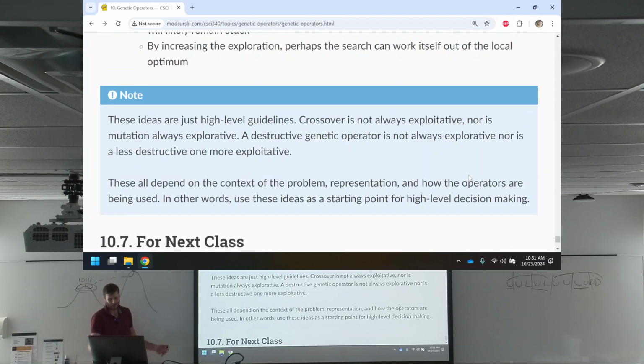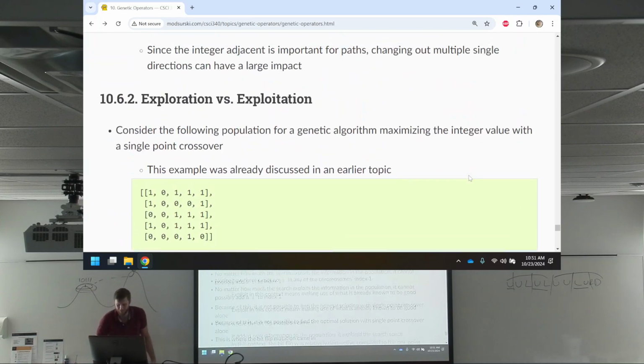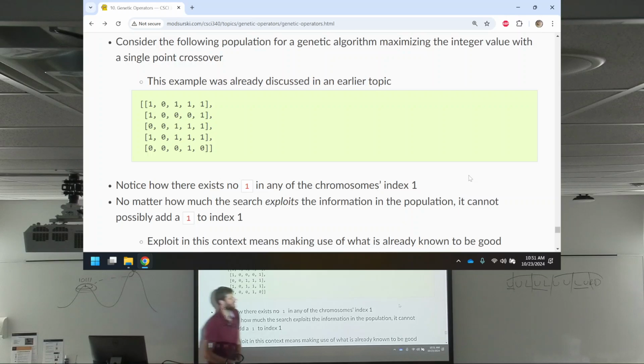Anyways, these are just high-level guidelines. Crossover is not always exploitive, nor is mutation always exploitive. A destructive genetic operator is not always exploitive, nor is the less destructive one exploitive. So if we go back to the example over here,